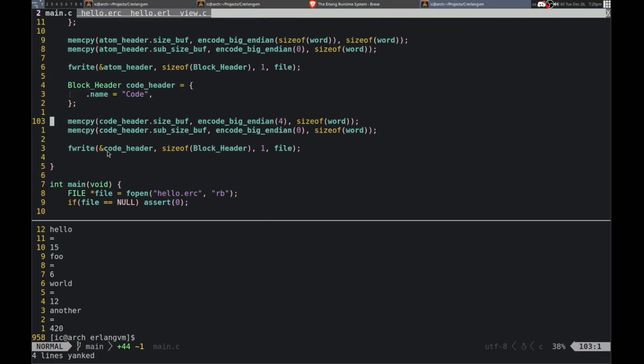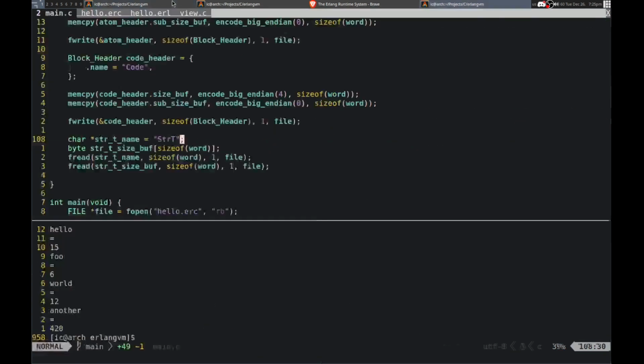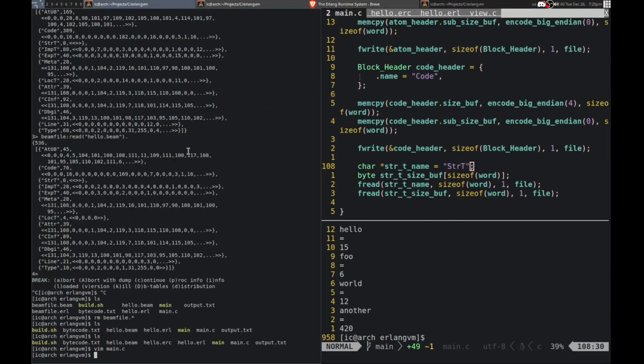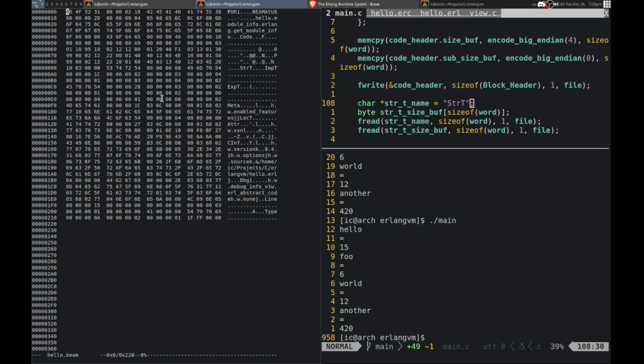Okay, that should be pretty easy. Let's see, it's up here. Okay, StrT name. I need to allocate. I can just write it out. Is StrT. We can have an underscore. Actually, I don't think I did.